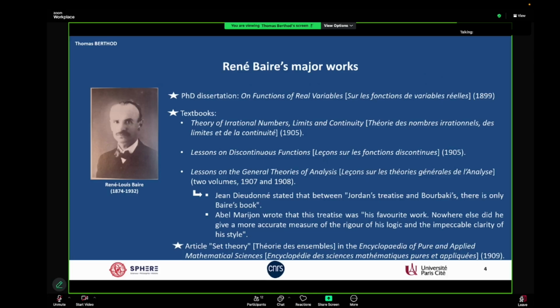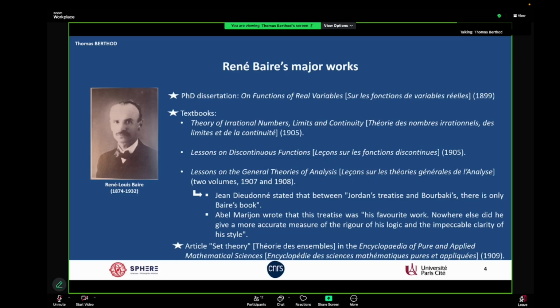And the last work in mathematics that I want to mention is the article on set theory by René Baire in the Encyclopedia of Pure and Applied Mathematical Science, the French version, because there is also a German one, which is in fact the original one. And in this article, he really translates the German article and rewrites a lot of different passages,